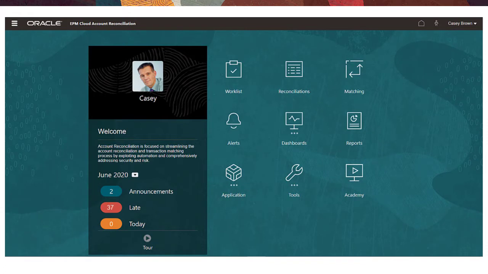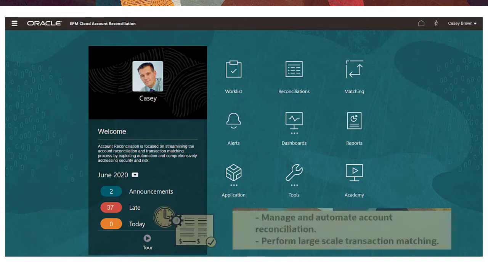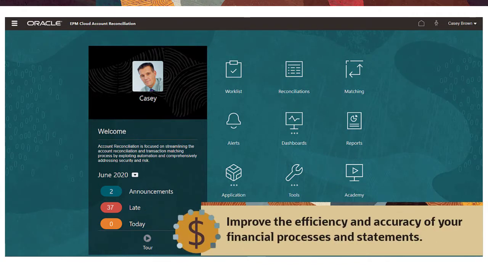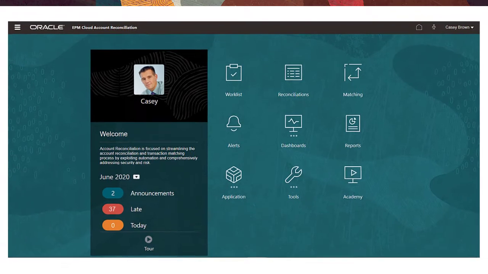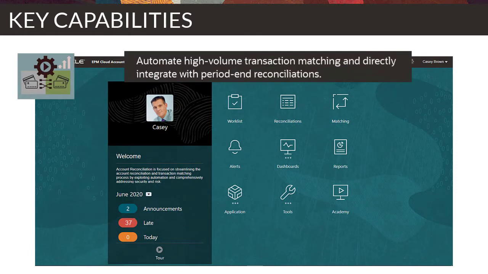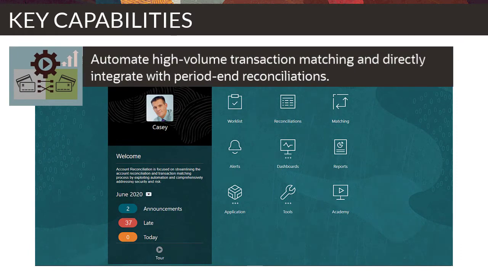Account reconciliation is a robust and secure solution for managing and automating account reconciliation period-end processes and performing large-scale transaction matching, improving the efficiency and accuracy of your financial processes and statements. With account reconciliation's key capabilities, you can perform tasks such as automate high-volume transaction matching and directly integrate with period-end